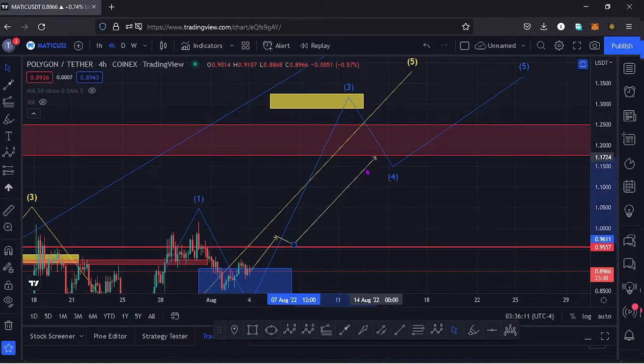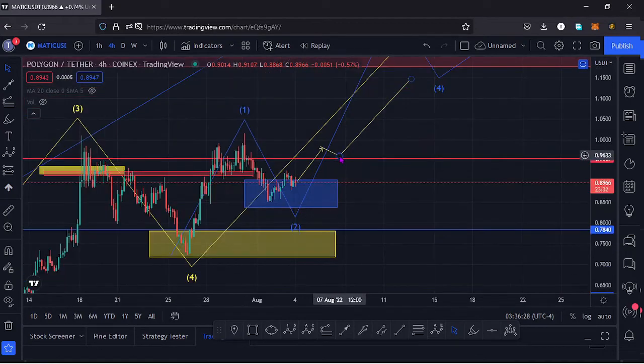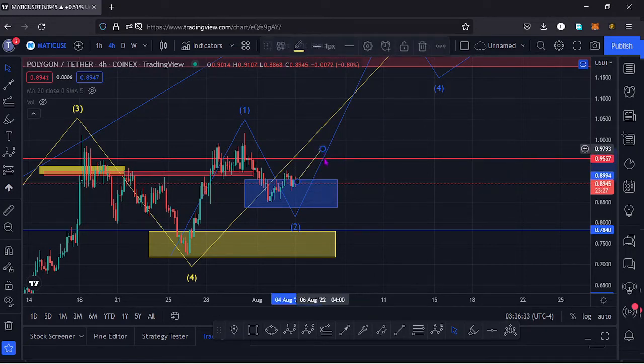And in between here we also have key areas of resistances, so we'll need to take into account the key areas of resistances that we have in between there, manage to break above them and have a successful retest of those areas. It's also possible that the low for this ABC correction, this wave 2 might not be in,